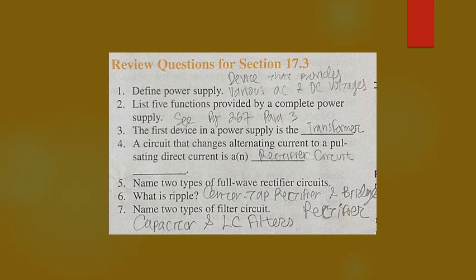Question 3. The first device in a power supply is the transformer. 4. A circuit that changes alternating current to a pulsating DC current is a rectifier circuit. 5. Name two types of full wave rectifiers. That is the center tap rectifier and the bridge rectifier. Number 6. What is